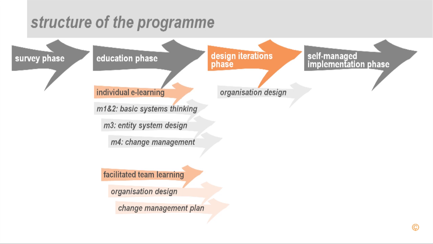The aim of this phase is to align stakeholders around the design. As soon as alignment is achieved, the teams will facilitate stakeholders in implementation planning to ensure that they get the support from the stakeholders for implementing the designs. Once implementation planning is complete, the teams will facilitate the implementation of the design according to the change management plan that they made in the education phase.